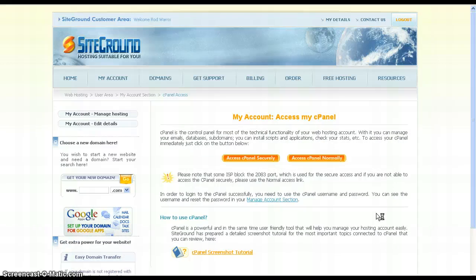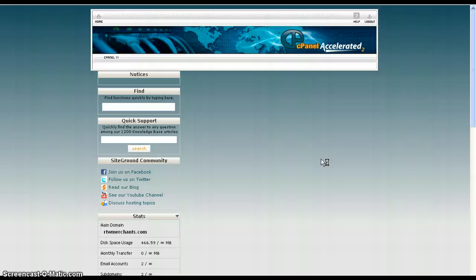Now it brings you to the options of what I had talked about before. Do you want to access your Cpanel securely, which encrypts the data between Siteground's hosting services servers and your computer and vice versa, or just normally, where the data that is sent to Siteground's servers is not encrypted? I'm going to go ahead and select the normal login. You should automatically show up at your Cpanel page,